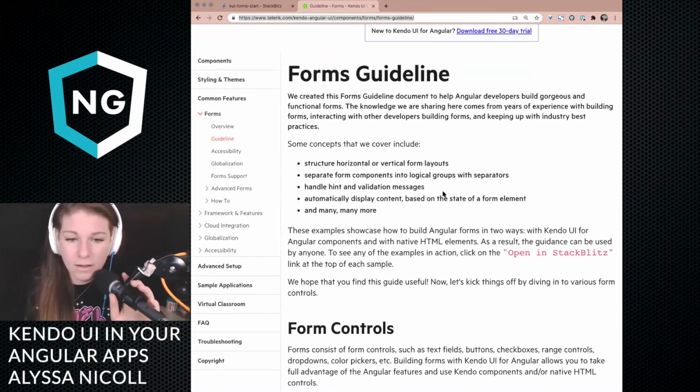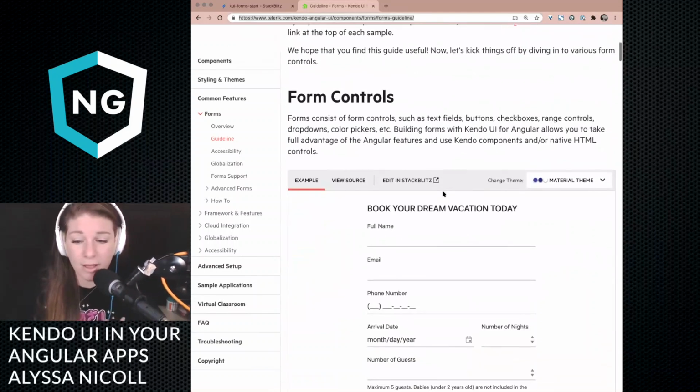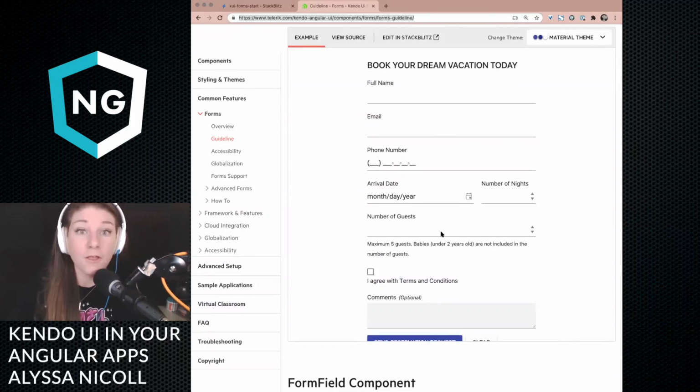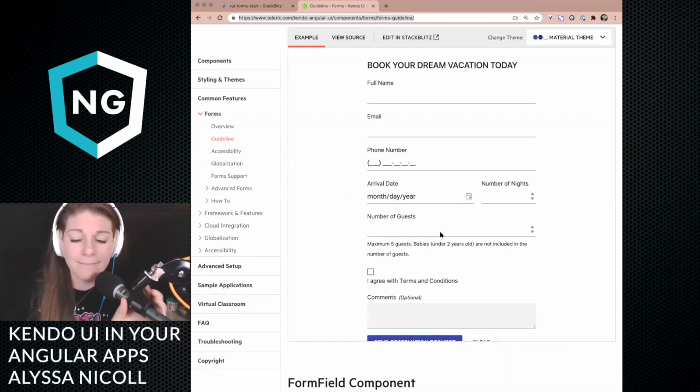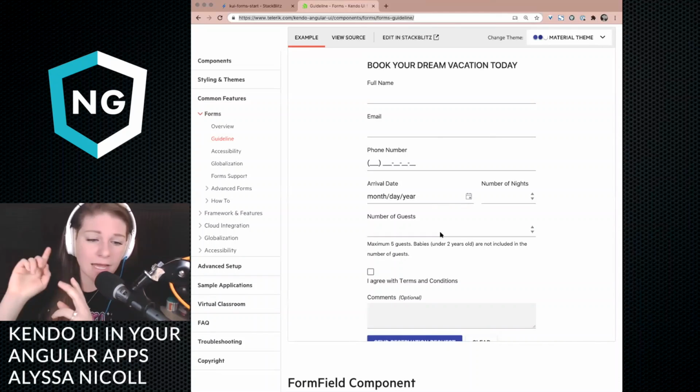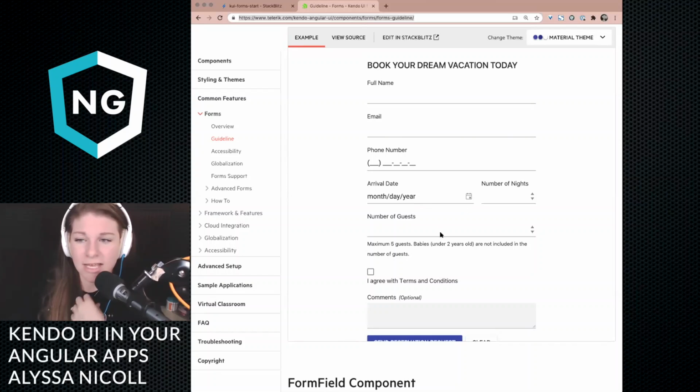But this is the forms guide that I was talking about. And something that I love is this is actually the form. I modified it a bit, but on anything, either in our forms guide or our docs, we have lots of examples. I love the little edit on StackBlitz. I actually know the gentleman who wrote and are writing StackBlitz, and really, really cool blogs. So I really love that we are using that now.